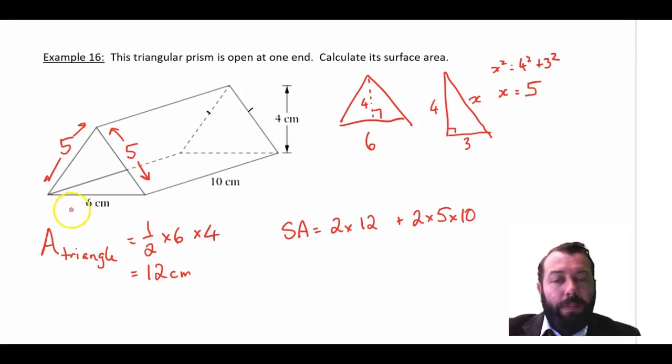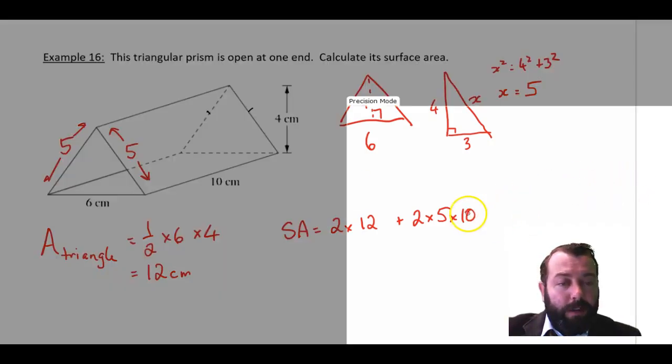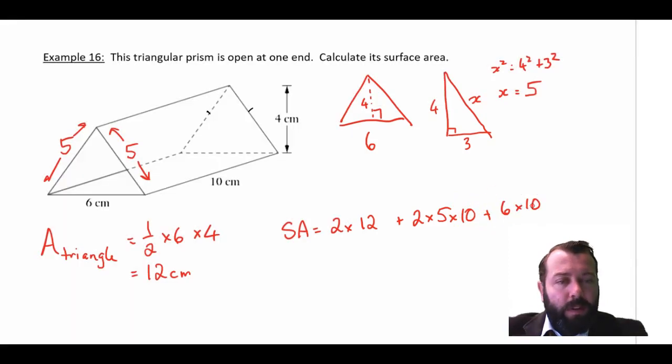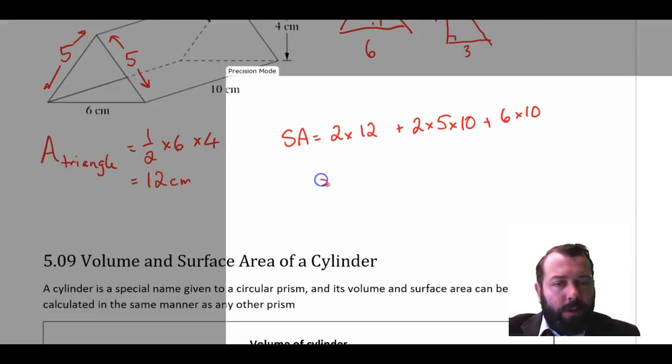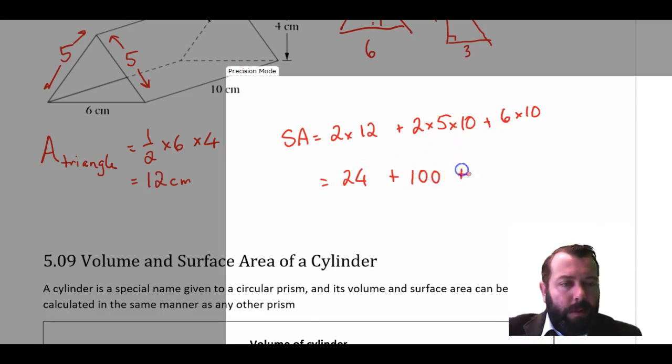One here, and then there is the rectangle underneath there, which is 6 by 10. Okay, so plus a 6 by 10. Just going to scroll up a little, and we'll say that for my surface area equals 24 plus 100 plus 60, okay, equals